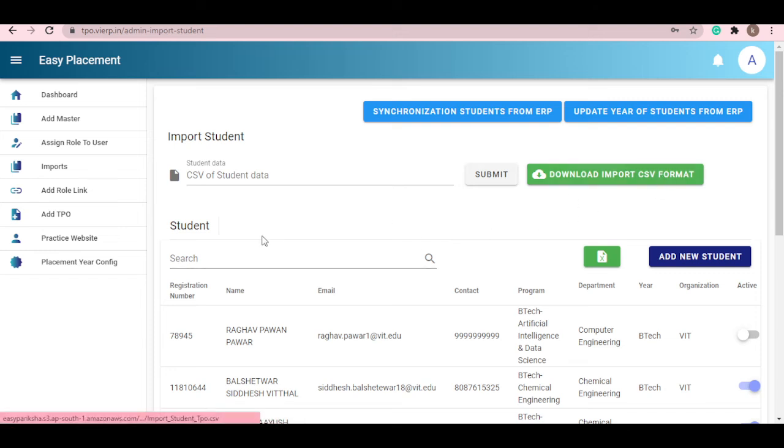The CSV file has some format. Follow that format, enter the details of the students, then click here, upload the file, then click on the submit button. So the newly added student information will be visible here. Similarly, you can synchronize from the ERP by clicking on the synchronize student from ERP button, and you can also update the year of the student by clicking over here.